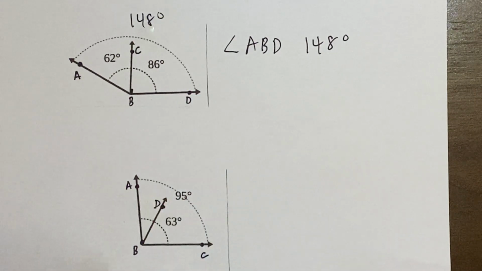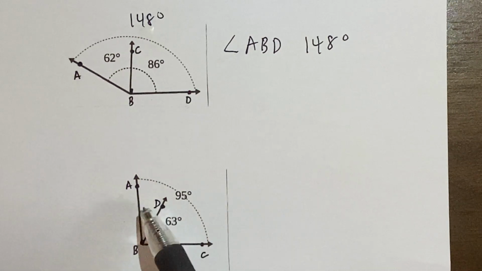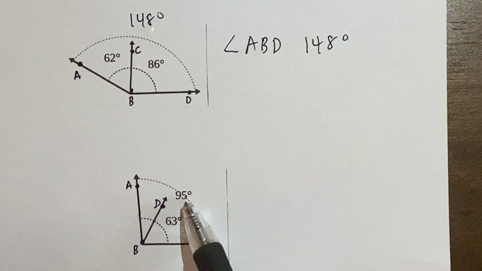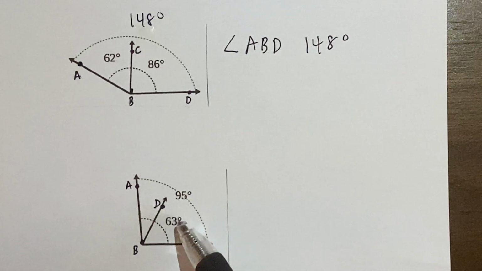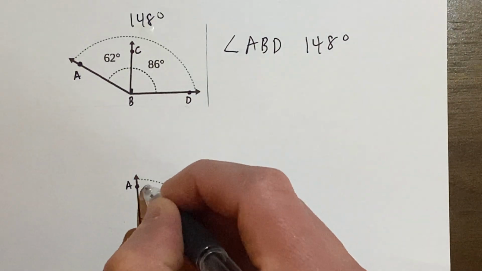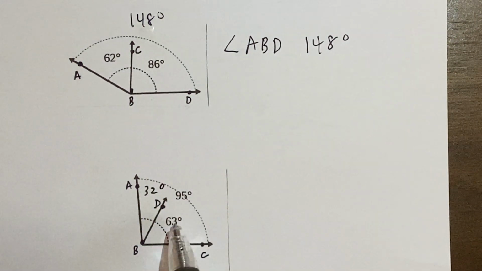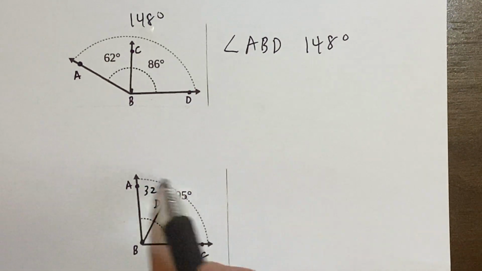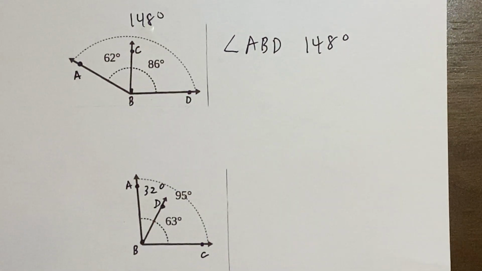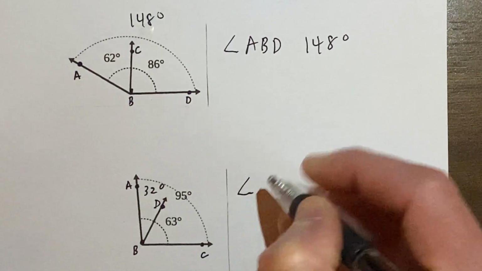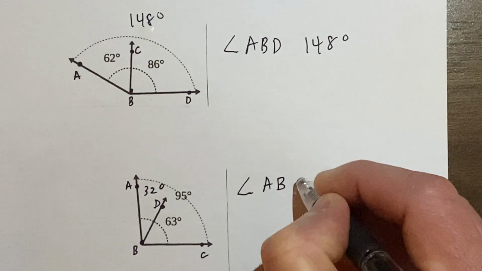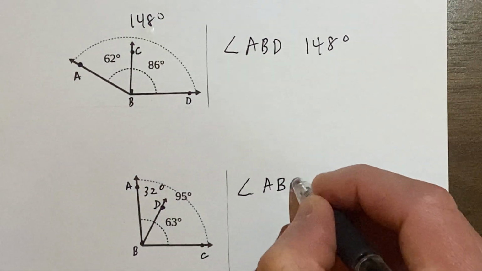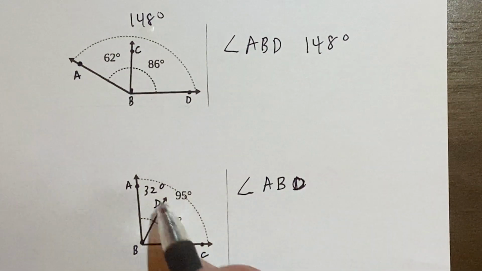So ABD. So if I have 63 degrees here, 63 degrees plus what number will give me 95 degrees? It will be 32 degrees. So I know right here, 63 plus 32 degrees is 95 degrees, which is this entire angle. But I just want to know what this angle is because this was missing. So angle ABD is 32